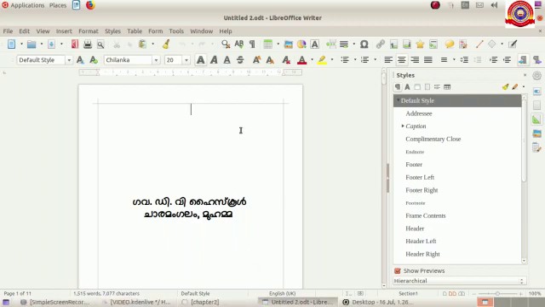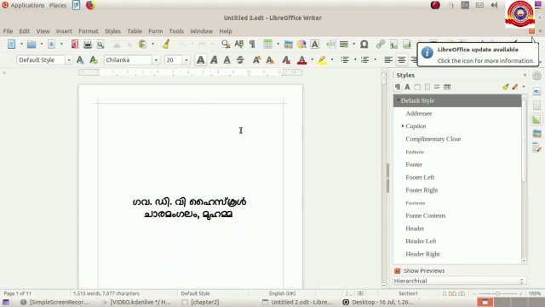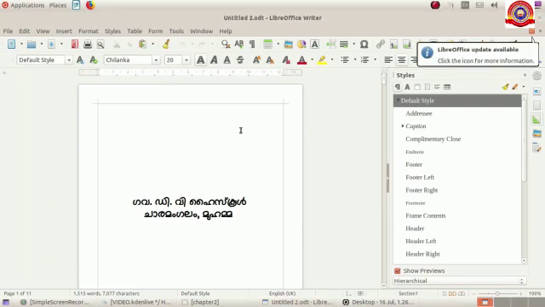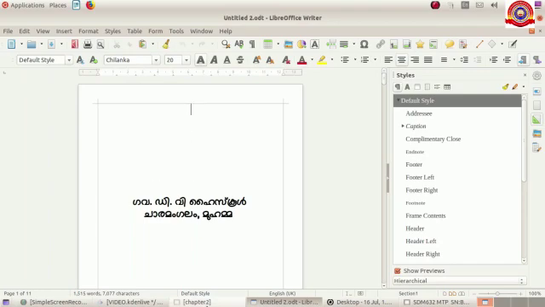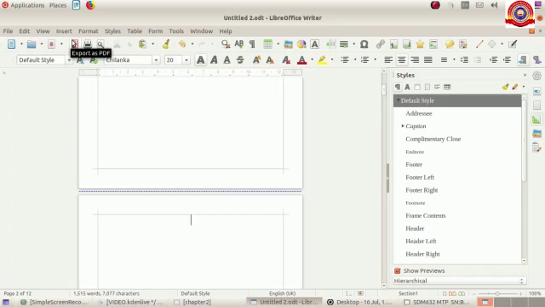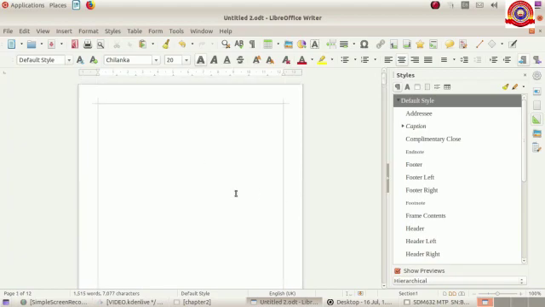For creating an index page, first we want a blank page here, right? Do you know how to include a page in LibreOffice Writer? Click on Insert menu, then Page Break. Make sure that the cursor is on the top of the document. Then only we will get a blank page at the front of the document. Clear? Look, our page is ready.